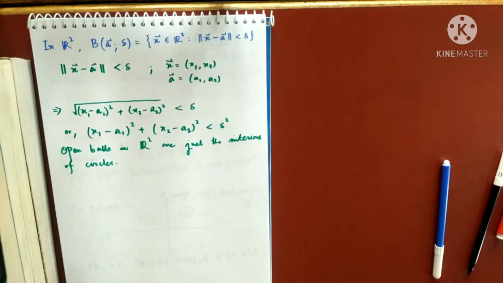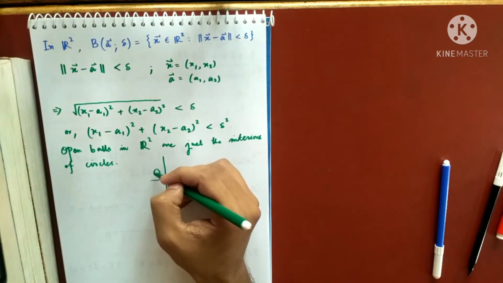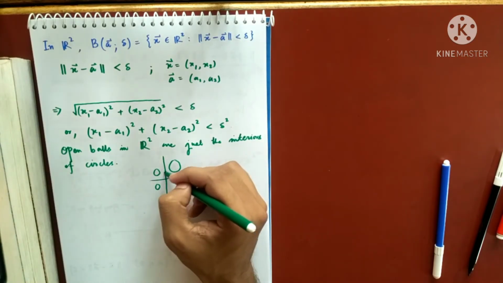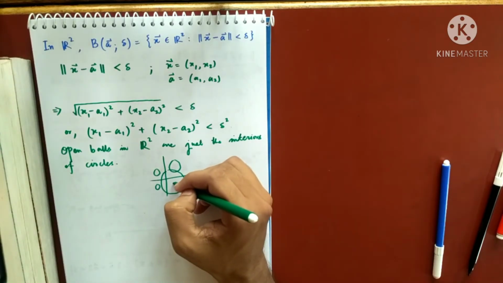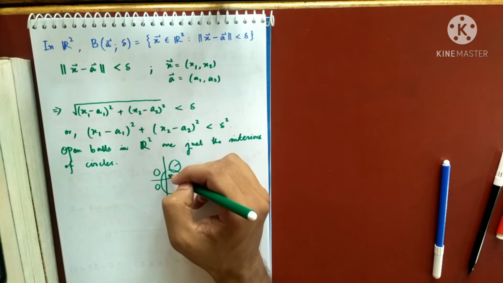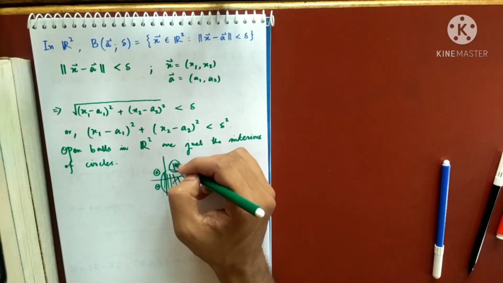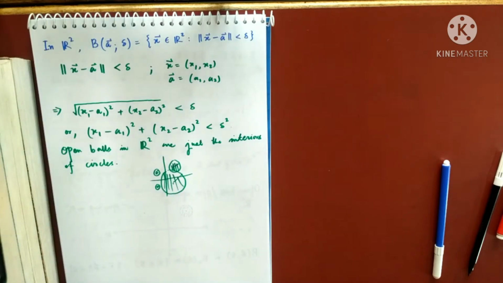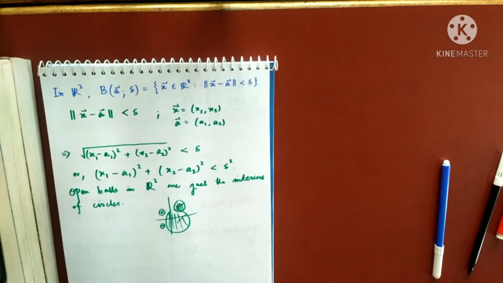So you can just visualize the open balls like the interiors of circles, spread all over the space. If this is my R2, this is an open ball, this is an open ball, this is an open ball, and so on. Here is the center, this is the radius. The inside part, not the boundary, represents my open ball. So an open ball is nothing but a set. Don't forget that. This is a set. Did you get my point?